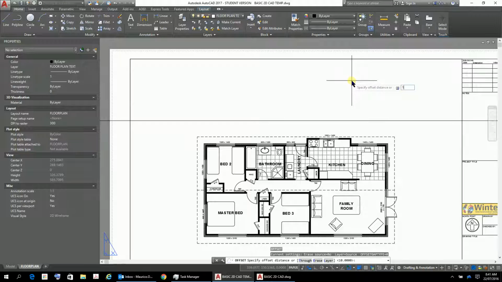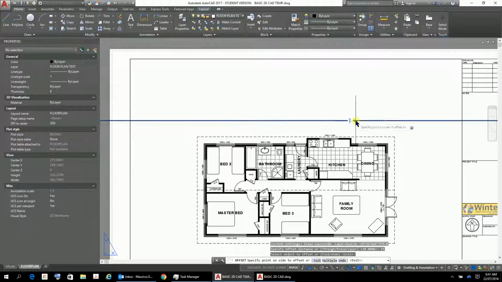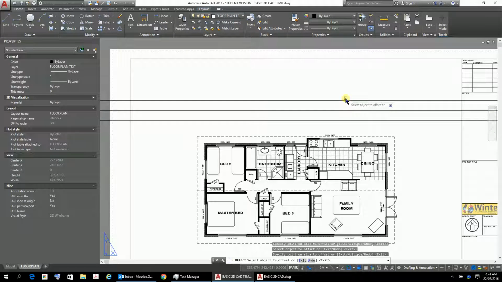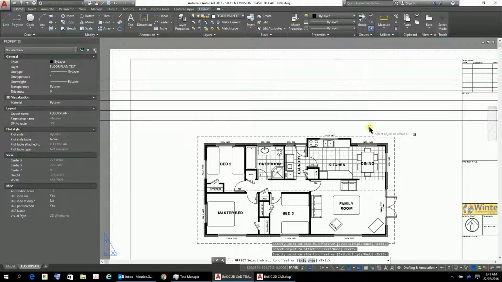So I'm doing this in paper space. Okay, and yeah, that looks a bit better. 1, 2. So I'm going to need 1, 2, 3, 4, 5. So there, and then I'm going to go back to model space